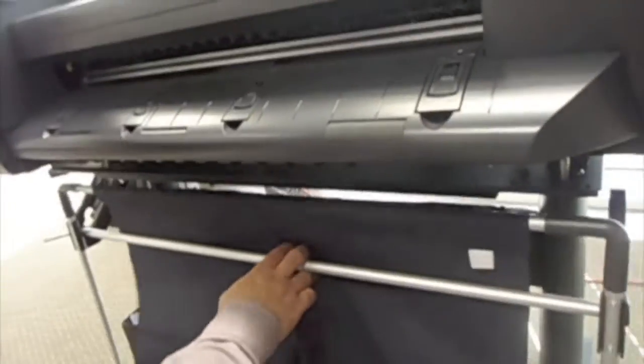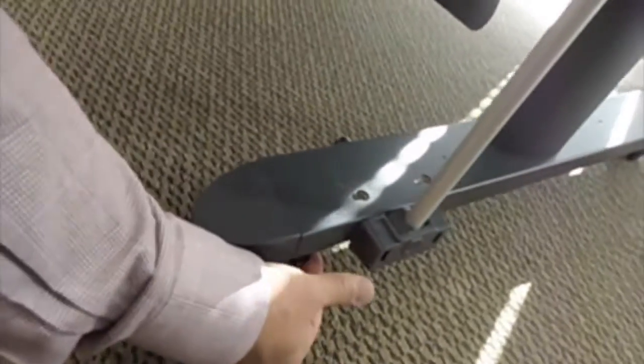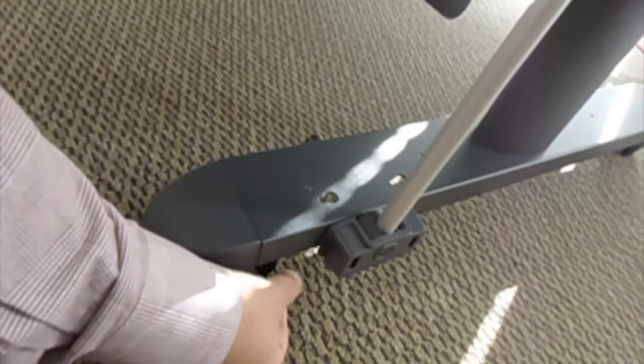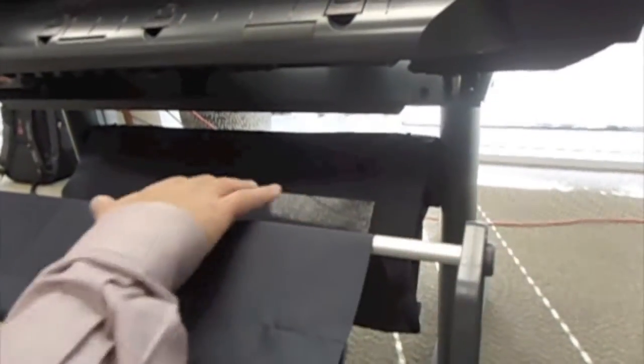Continuing the walk around, this is the stand. You notice the stand has little lock tabs on it to lock your wheels into place so your printer doesn't roll. Okay. This is your little catch basket, if you will. When correctly installed, this little bar comes up like this, and it gives you the ability to, on some of